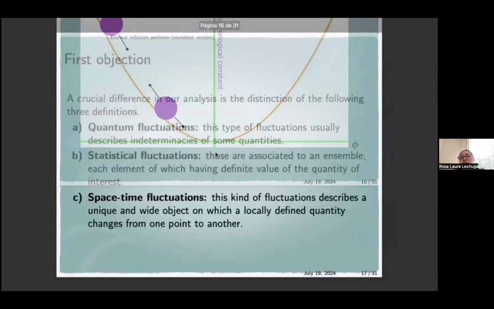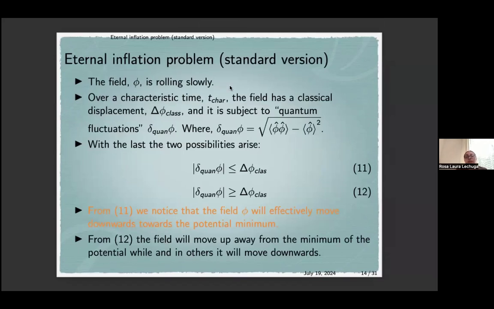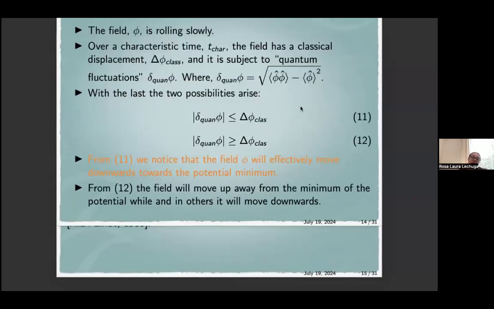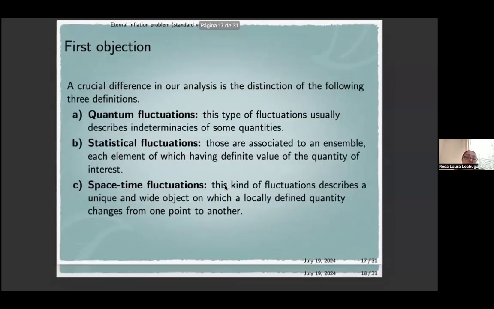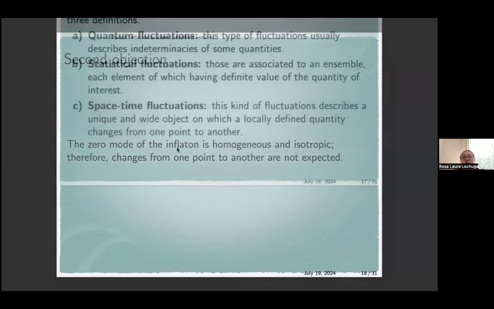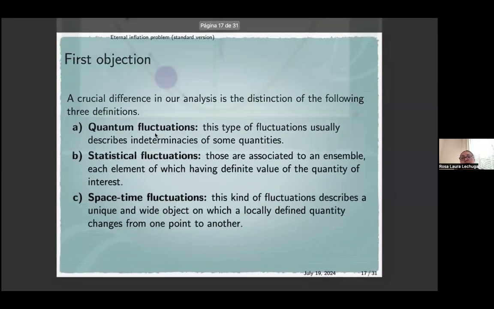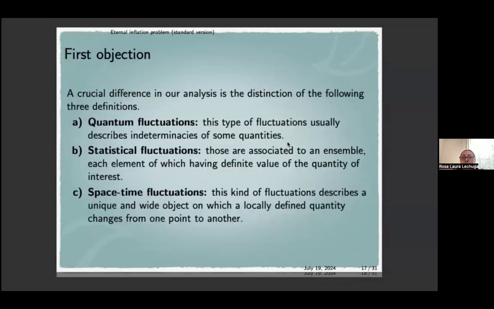And also, another argument could be that we use the zero mode of the inflaton field to generate the accelerated expansion. And as I showed you before, the zero mode of the inflaton field is position independent. So if the zero mode is position independent, it's because it represents a homogeneous and isotropic behavior. So we don't expect things to change from one point to the other, because of the symmetry of the zero mode of the inflaton field. So we have two ways to claim that the eternal inflation problem is not a really